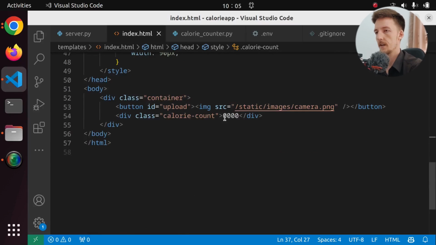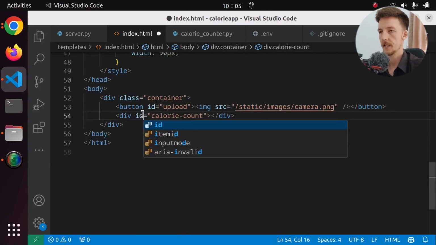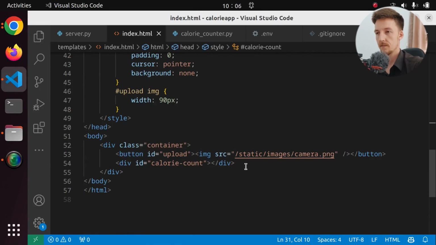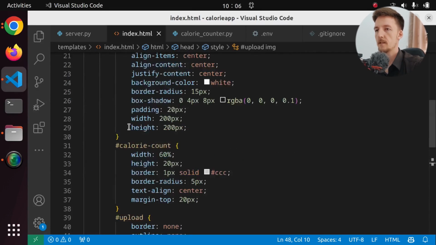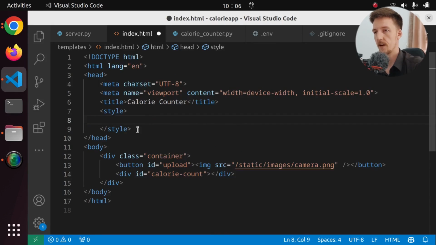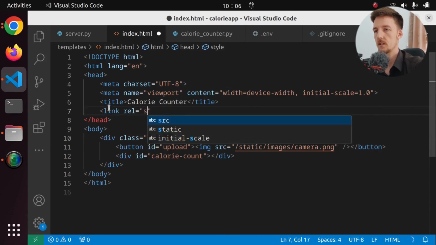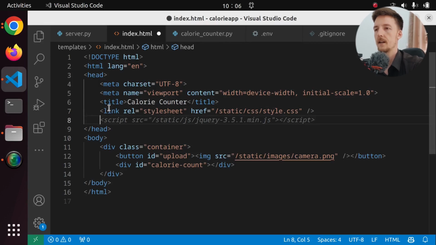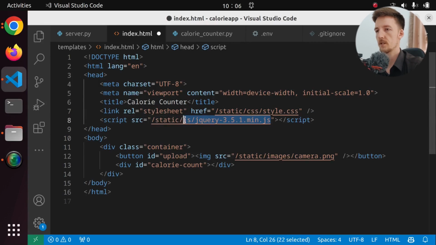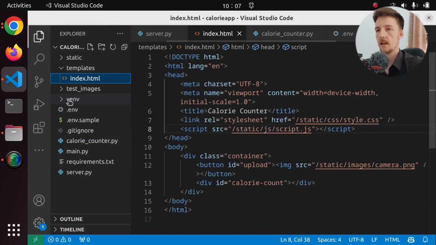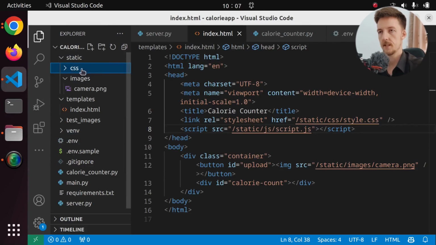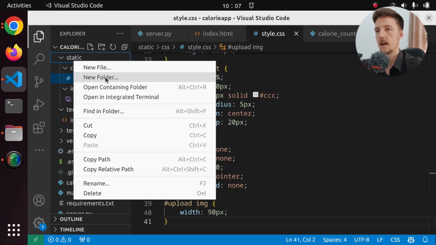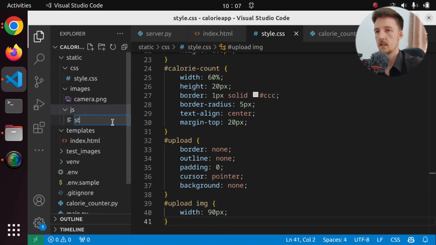Let's remove the numbers from here, and I will add an ID to this instead of a class. So now we should make this button actually let us upload a file. So let's move our CSS first of all into a separate file. Link rel style sheet, and href is static CSS style.css, and script, no jQuery, just script.js. And let's create this thing, CSS, and here we will have style.css, and we are going to have JS, and this will be